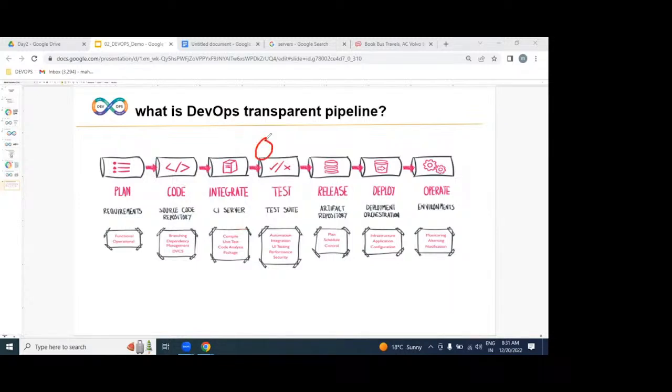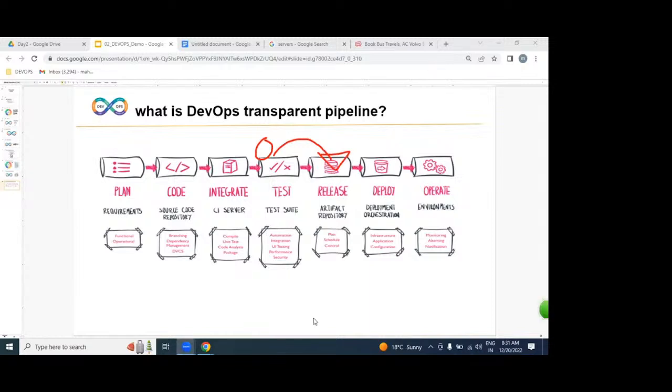Once there are zero errors, that is what we call working software. That is the first question I asked you: if there is an error in the software, can we call it a working software, an application? Is the application ready or not? Can we directly place it on live servers? No. We are going to hold it for a particular period of time. That place we call a release.